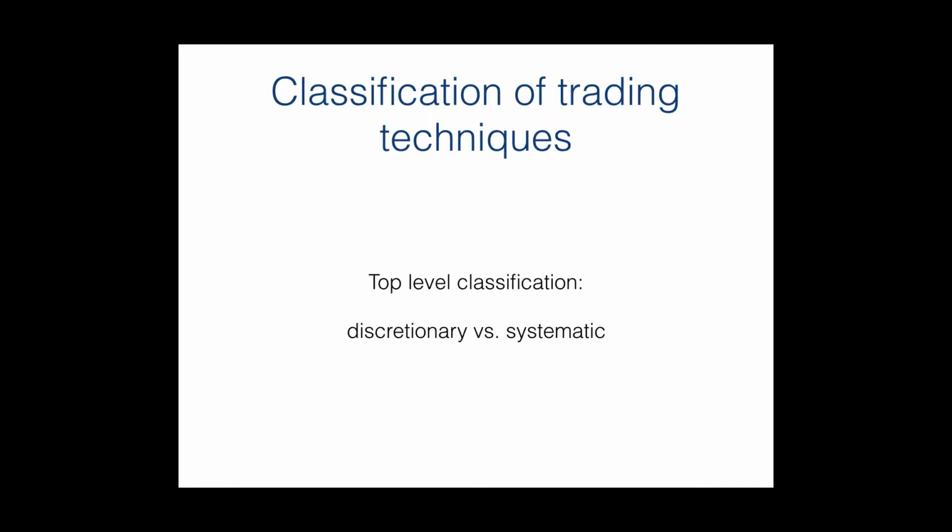Each of them divides all types of trading techniques in only two classes. So, the first criterion on top level is whether a technique is discretionary or systematic. By discretionary, we assume anything that requires a human opinion to make actual trading decisions, and what cannot be or can hardly be quantified. It doesn't mean that discretionary traders place their trades randomly. In most cases, they base their judgment on various non-price and even non-numeric information.